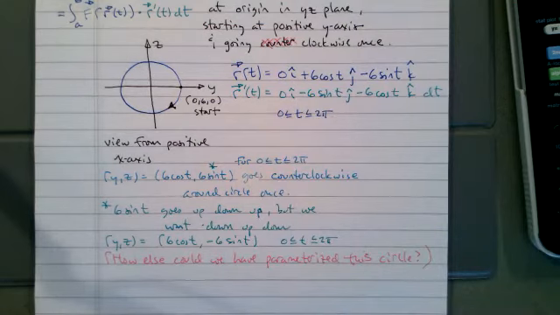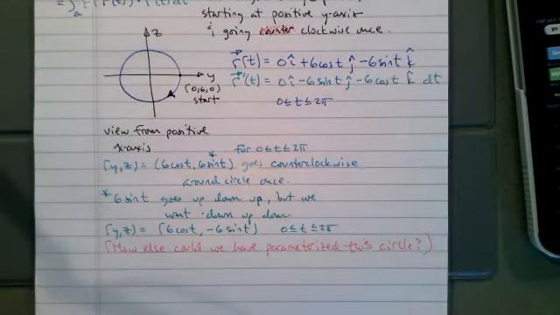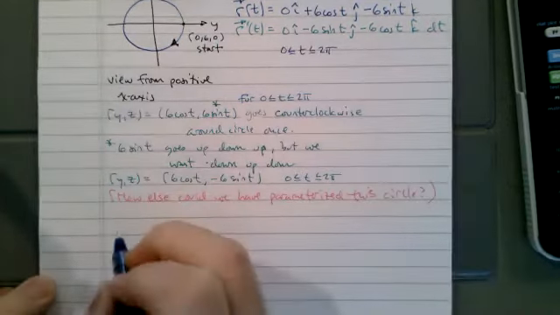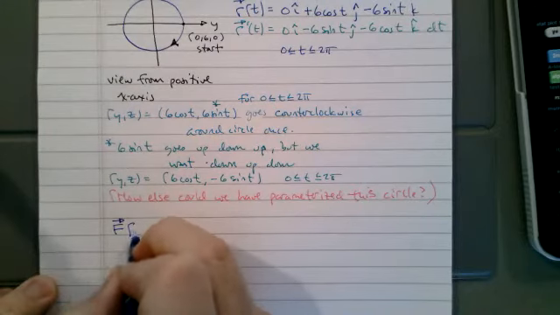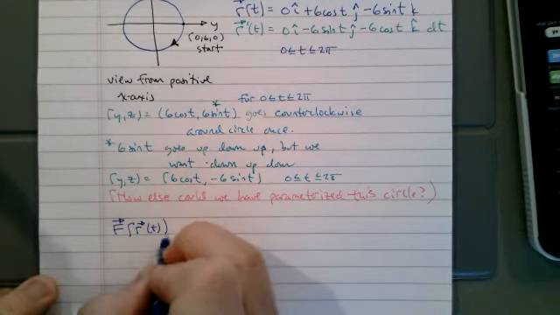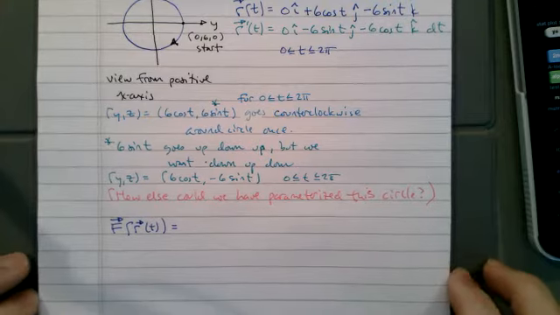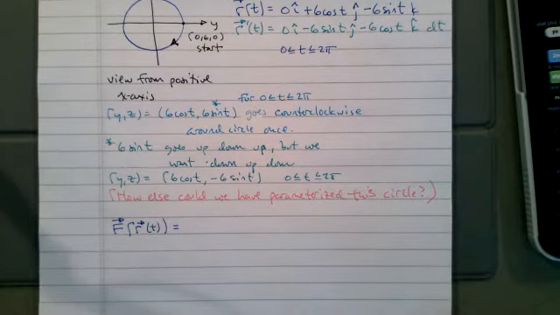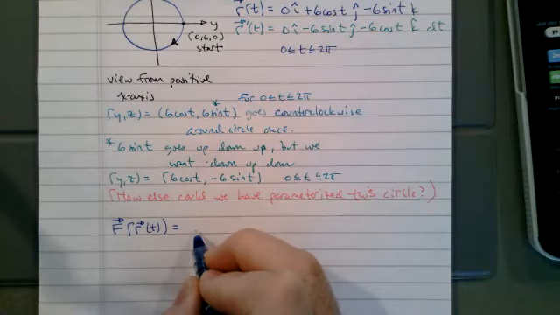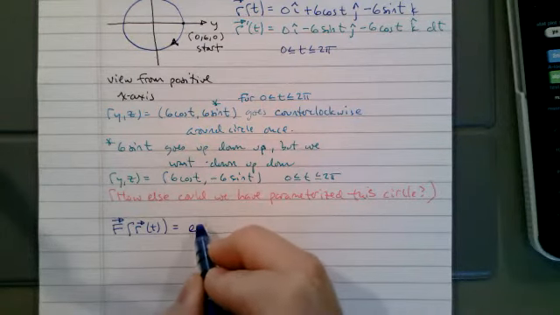So we need the vector field evaluated at these points. All right, so we need the vector field evaluated at all these points. I'm going to write that out separately. So the vector field is e to the y, and in this case, y is 6 cosine t, so here's my y. So e to the 6 cosine t